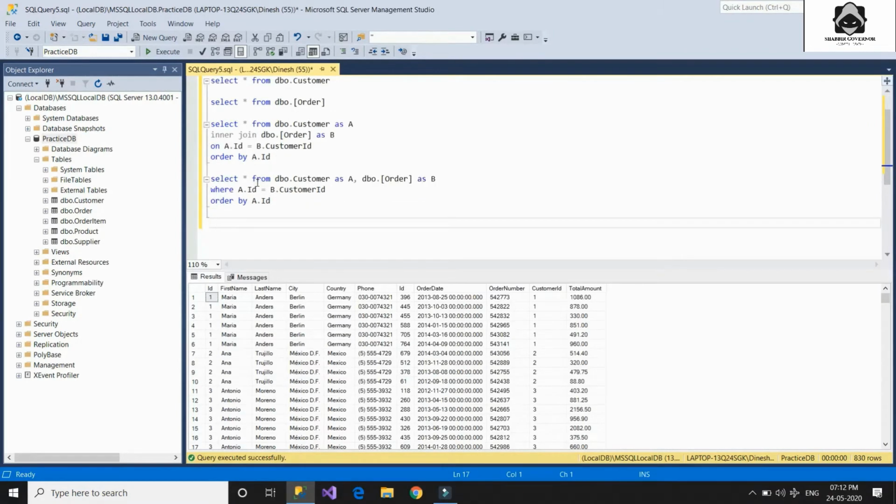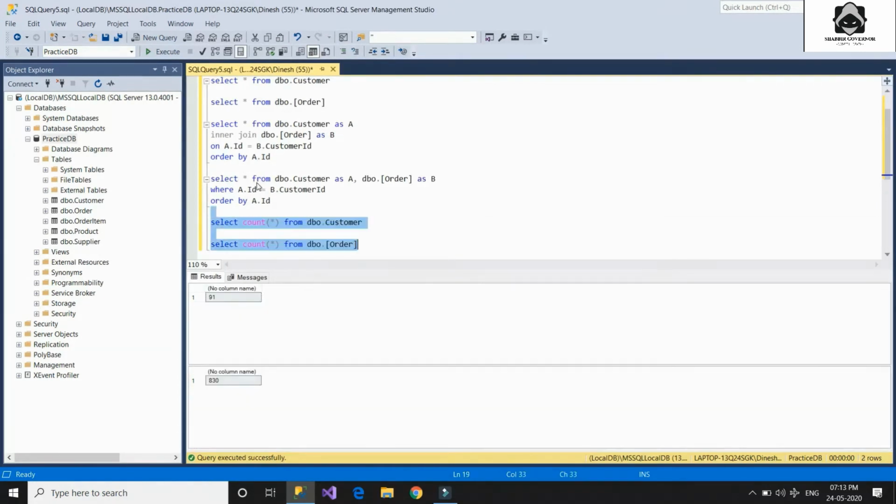Now let's start with the cross join. Firstly, let's check how many total rows we have in the customer table and how many total rows we have in the order table. So for that we write a simple query: select count of star from DBO customer and select count of star from DBO order, which will give us the count of the number of rows in both the tables. So you can see in the first table we have 91 rows